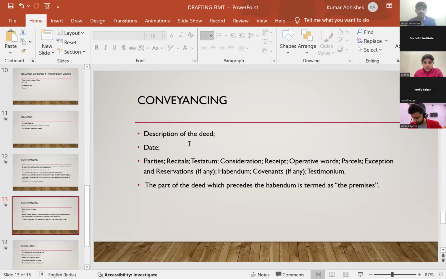Then there is the habendum part. So habendum is generally referred to as